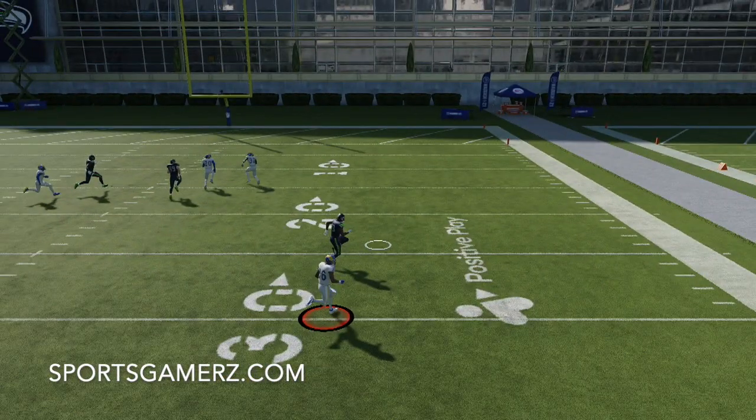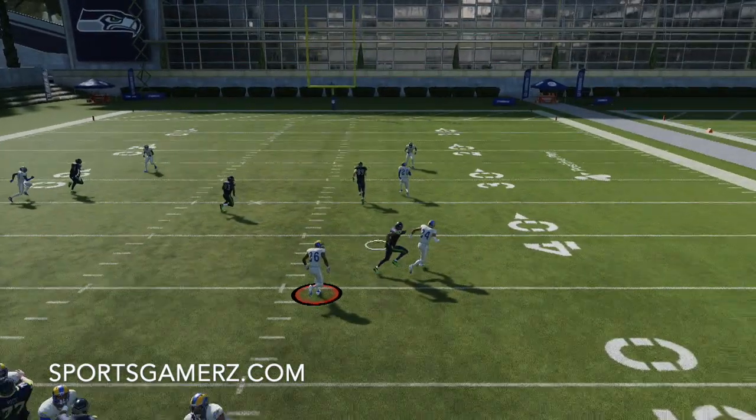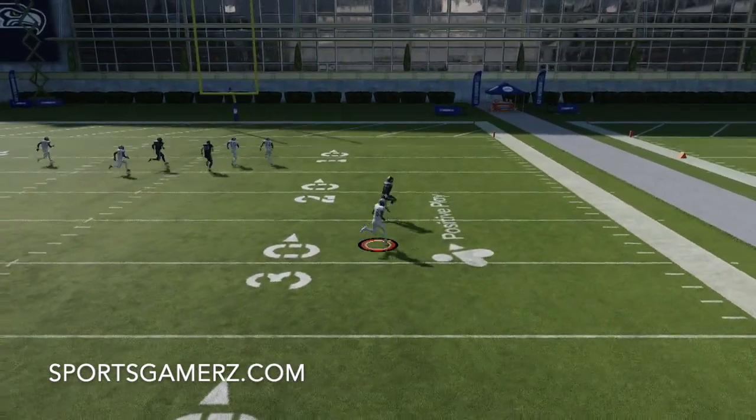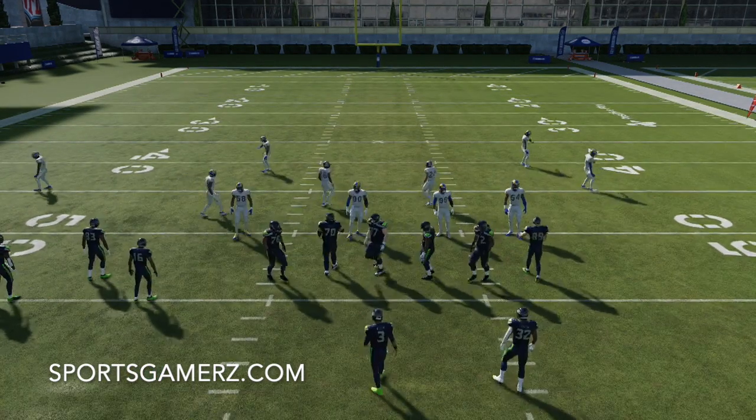And as you guys can see, I'm running underneath that crosser. Probably baited the underneath route a little too hard there because they definitely could have thrown it before I recovered. So, when you're running this defense, you got to be on top of the game with your user for sure. Now, if you go ahead and try to look at this against the formation